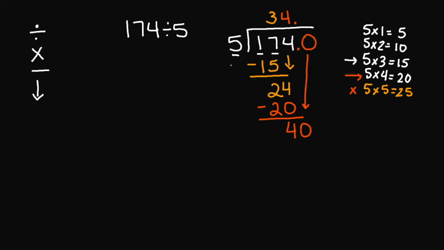Okay, so now that I added my decimal point and my 0, 5 goes into 40 now how many times? 8 times. So I'm going to write an 8 on top here. 5 times 8 is 40. And now I'm going to subtract. 40 minus 40 is going to be 0. So your quotient is 34.8. Let's try